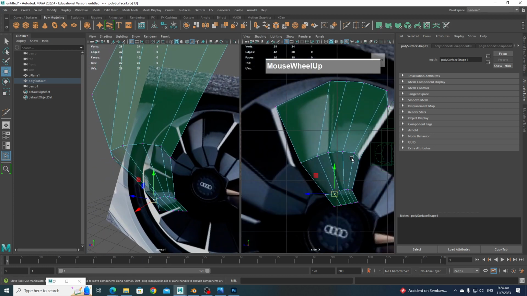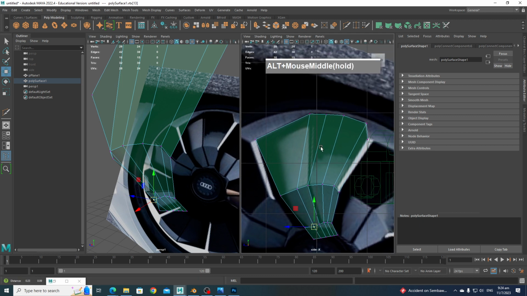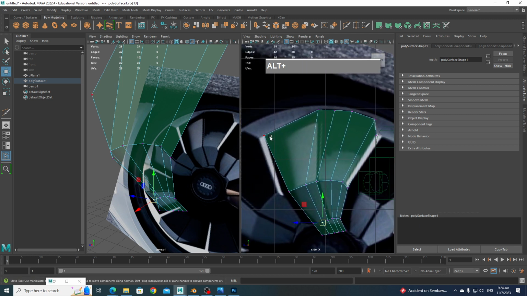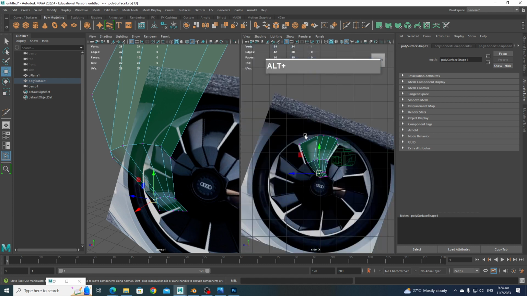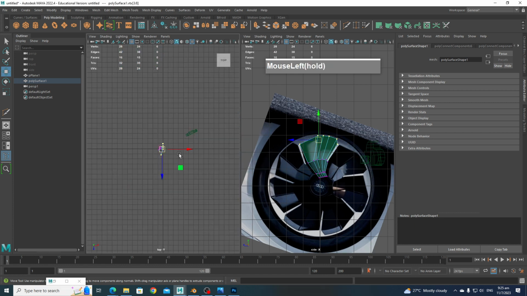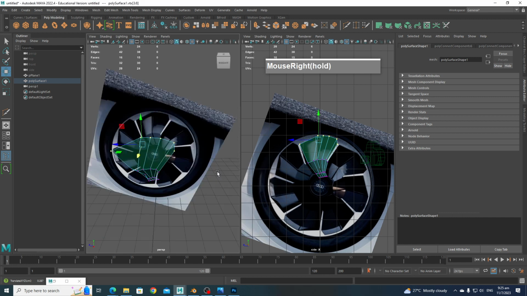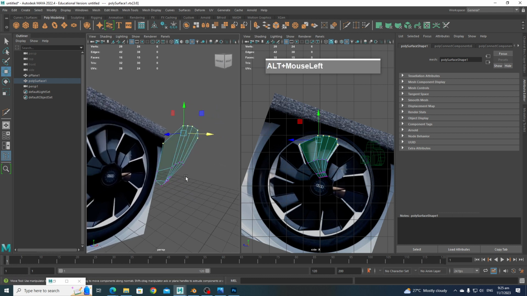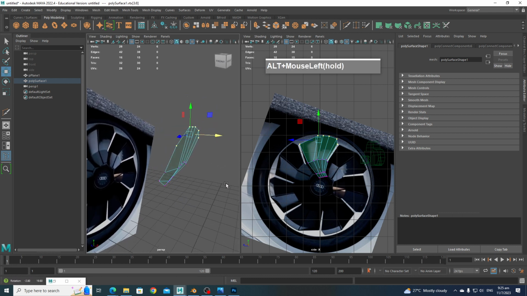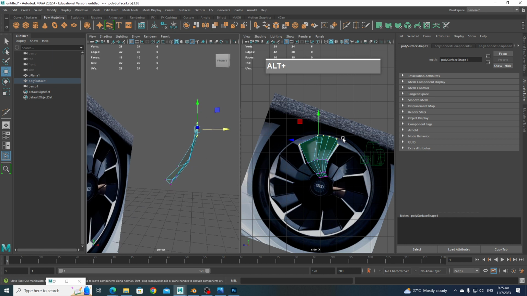Okay, so let's continue. So right now we're concentrating on one spoke only, and you can see that here there are faces that extend all the way here until it forms this circular area like that. So the top section here should be in the same plane. So if I go to the top view, and I will use a scale and then flatten them in the top view like this, and then probably maybe push it out a little bit. And the reason why I'm doing that is so that you can see the center, the bottom portion here is pushed in quite a bit,